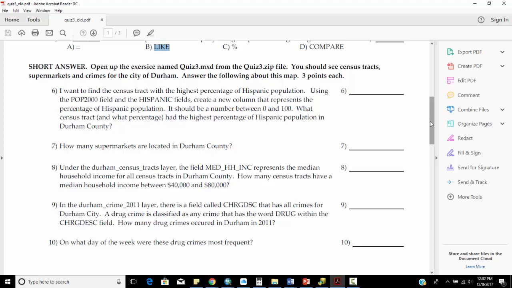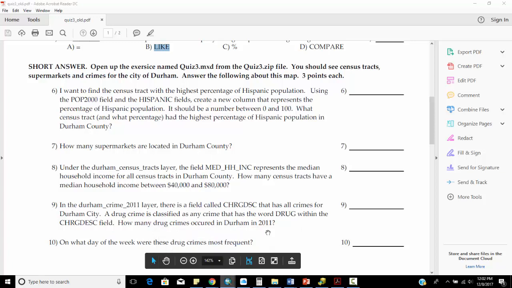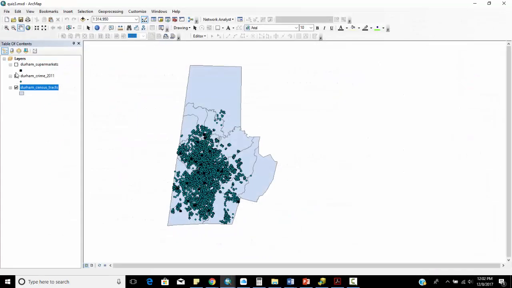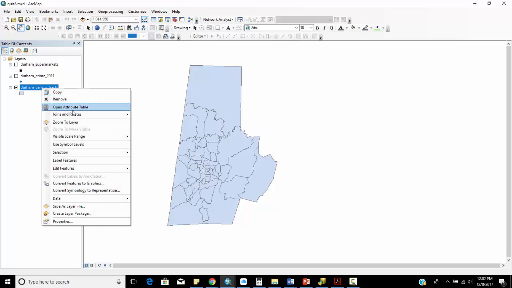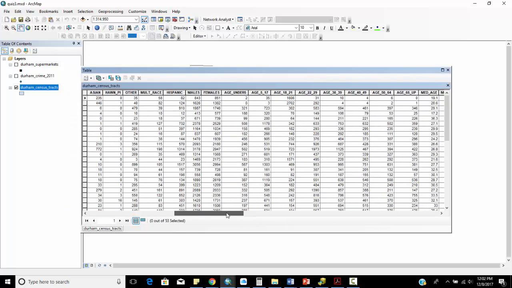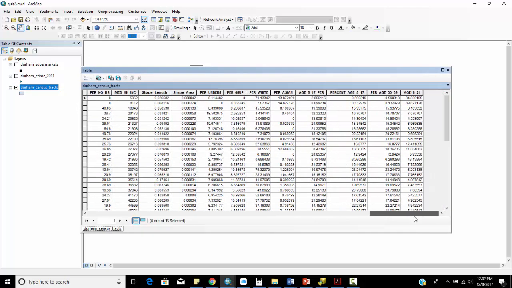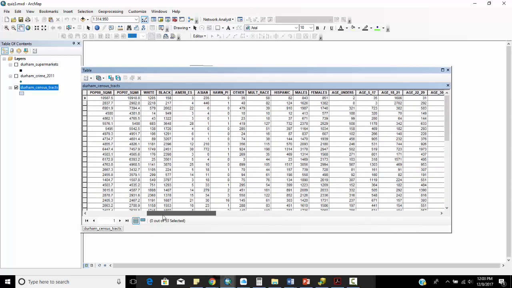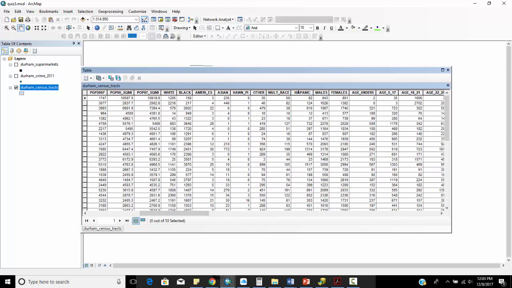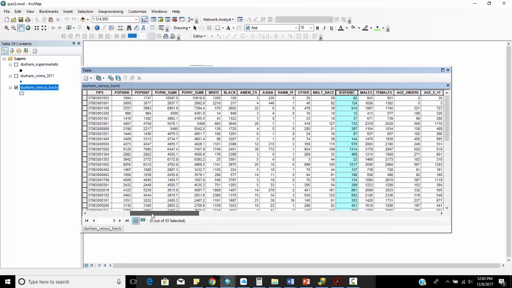I want to find the census tract with the highest percentage of Hispanic population. It should be a number between 0 and 100. What's the census tract and what's the percentage? Okay, so when I open up my ArcGIS here, let me uncheck the supermarkets and crimes, because if I right mouse click and open my attribute table, you'll see all these columns right here. I've got percent under 5, percent white, percent Asian, and you can see I've done this for multiple quizzes before. Okay, so basically what I'm trying to do is I have a column here called Hispanic, and I want to divide it by